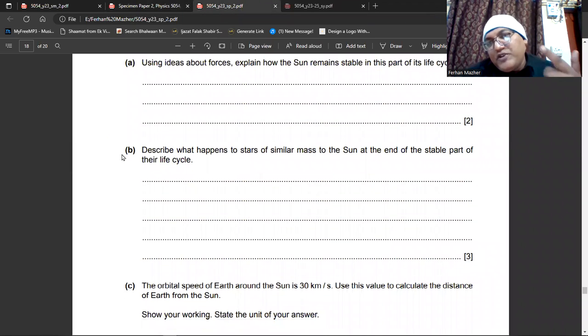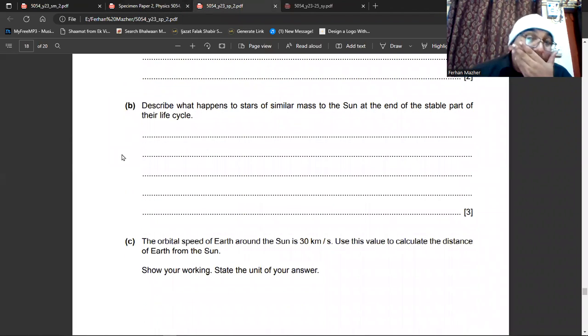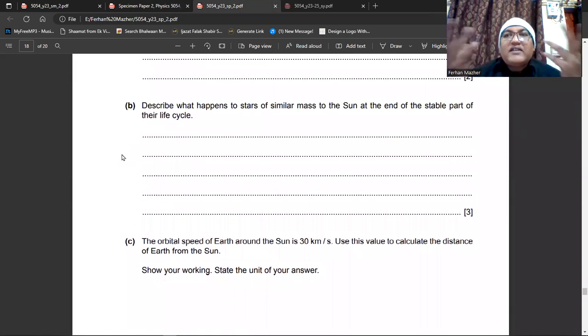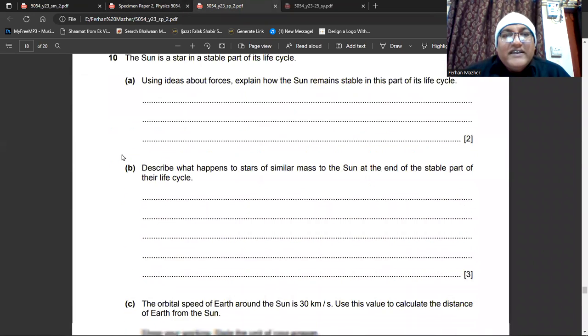This is a purely new topic and my students have not yet studied this chapter, so we are giving the article as well. Okay, the next question is,